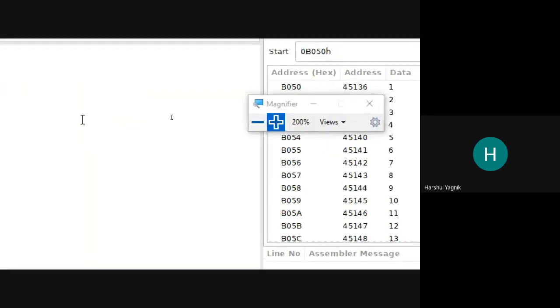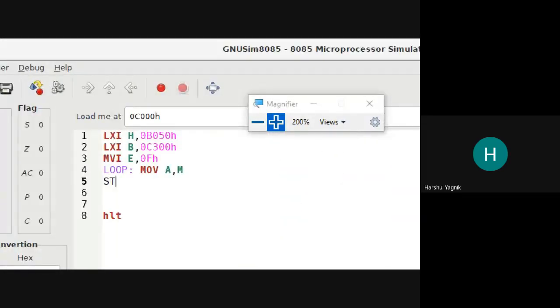The instruction is STAX. Store the content from accumulator to memory location pointed by BC register pair. So we can use STAX B. That will store the content from accumulator to the memory location, with the BC register pair used as a memory pointer.